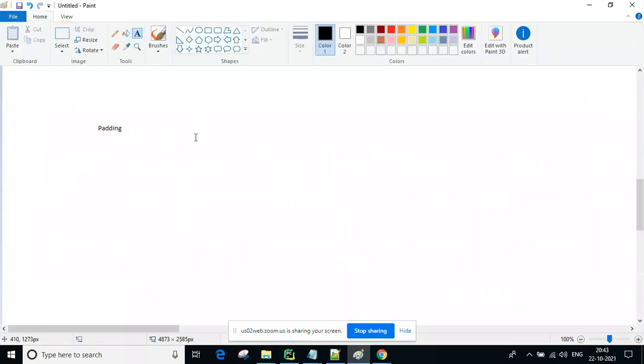Okay. So otherwise I will draw something diagrammatically only, no problem. See here, you can take the padding property, padding, small letters. So padding 10 pixel if I'm taking, guys. So this is our element, assumption. This is our element. My content is here. Okay, so around my content, guys, four sides.